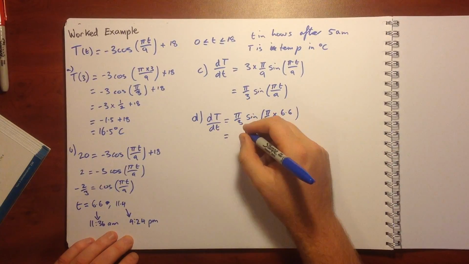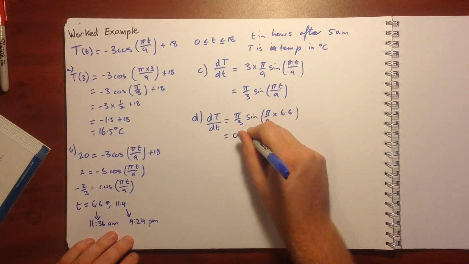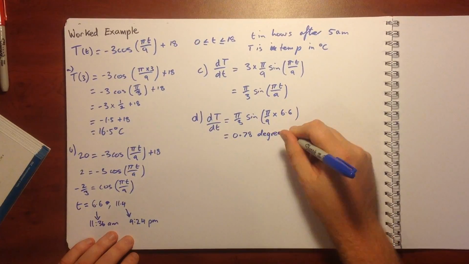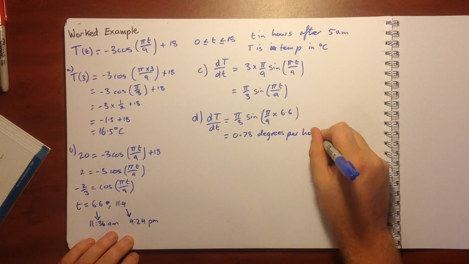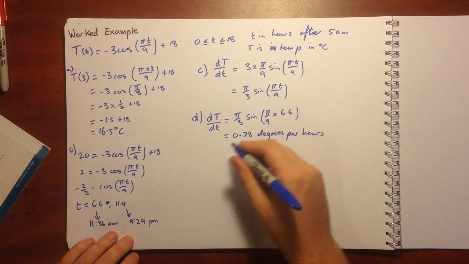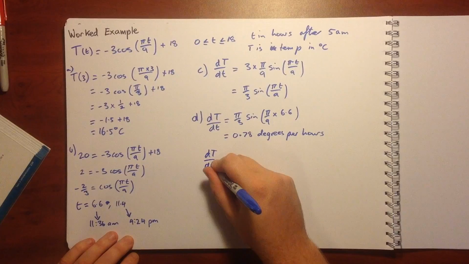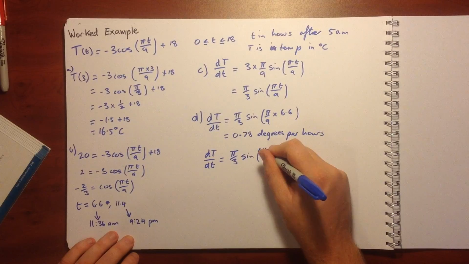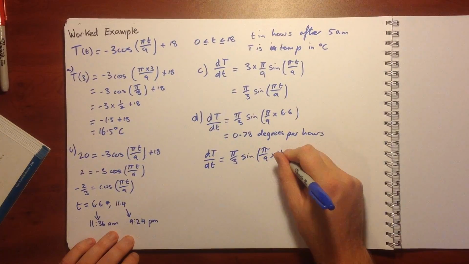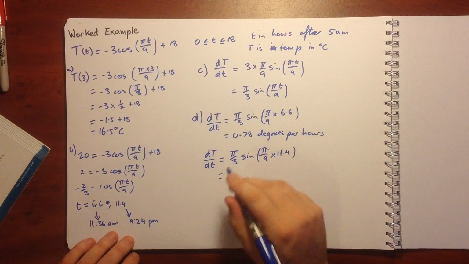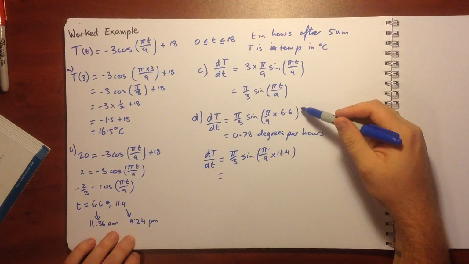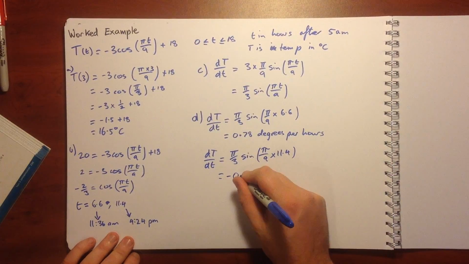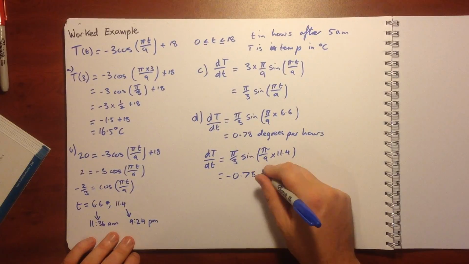When we get that, it is 0.78 degrees per hour. Our other one is dT/dt equals pi on 3 sine of pi on 9 times our 11.4. When we do that, and for both of these, don't think that you need to do them by hand. Just put them in your calculator. That gives you negative 0.78 degrees